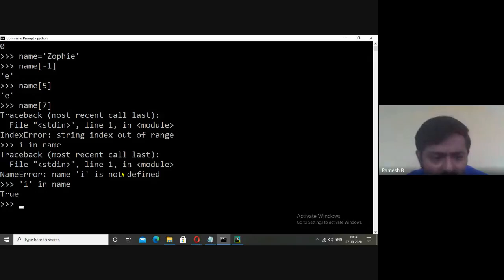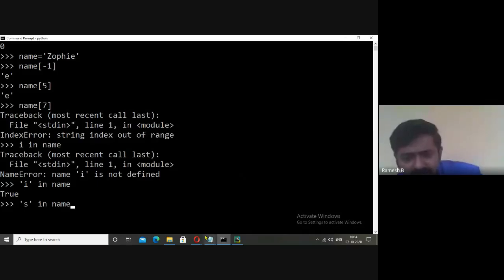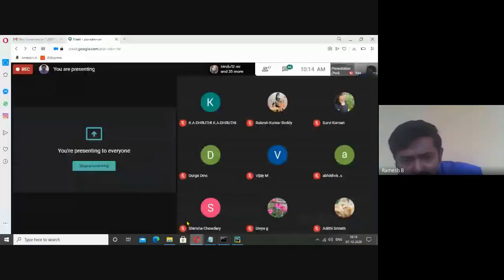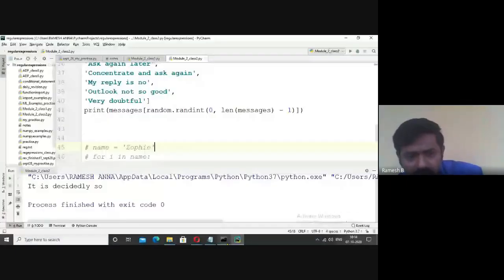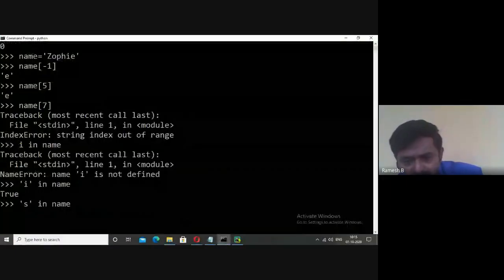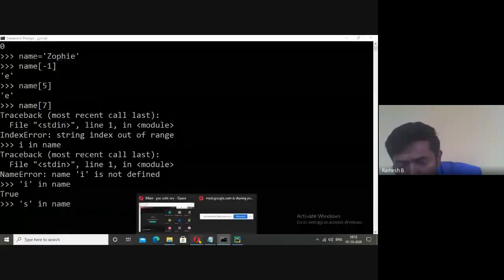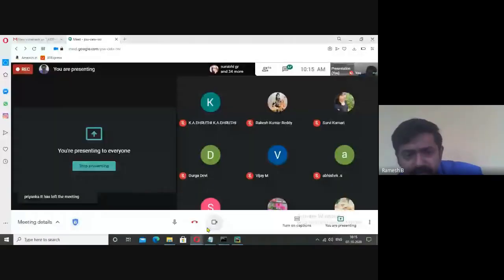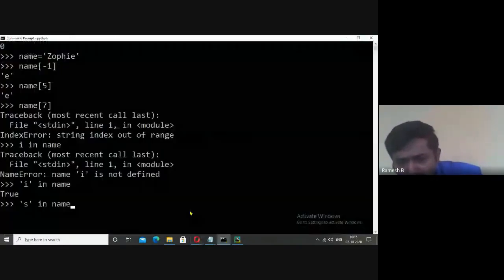You see there, it is true. Now we want to check 'S' in name. What will be the output for this? Not index error. Please type in what will be the output.